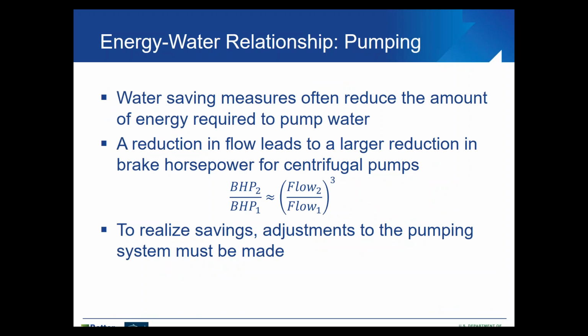And now what I want to do is talk a little bit about, at the system level, where do we see this energy water nexus in your businesses? Where might you see this? So the first, right off the bat, is pumping systems. Pumps are used to pressurize and distribute water. Using principles of physics, what we know, back of the envelope, is that the energy required for